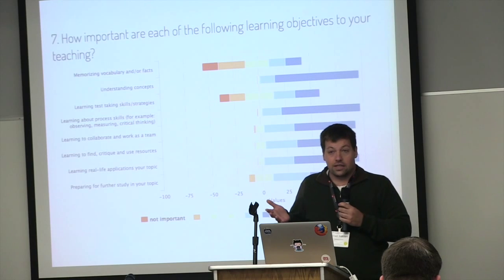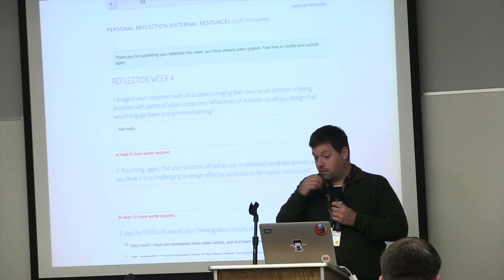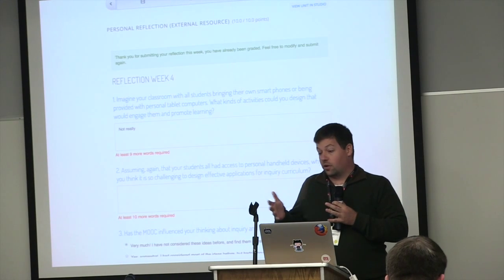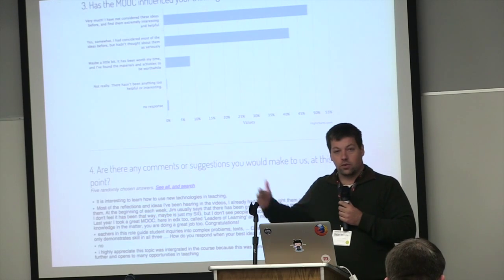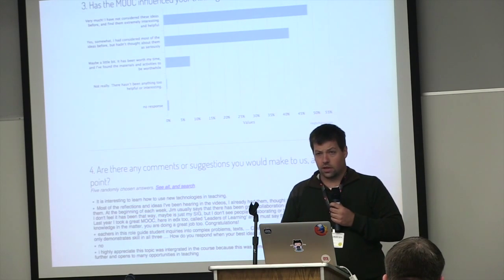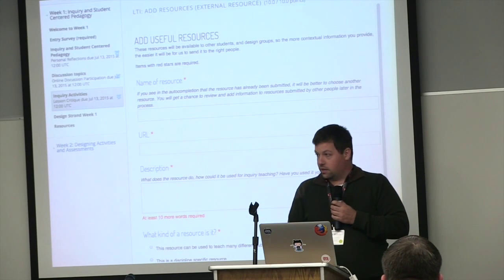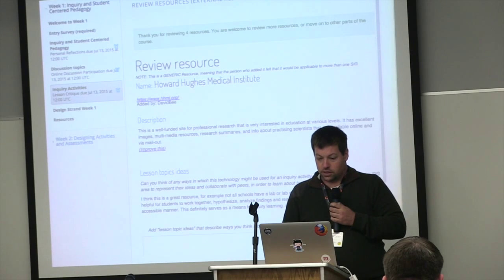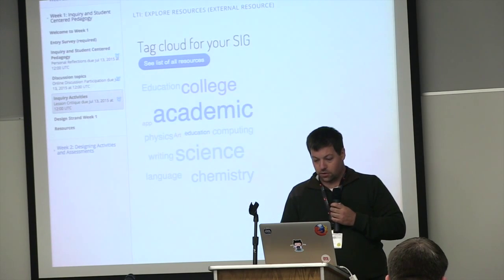And now we can automatically generate all the graphs, right? So we could quickly see what people are doing. And once we had this, we started using it for a lot of different forms, like reflections. We could have little questions in the reflections and quickly check how people were doing. That's a component that I would love to make standalone. We had these forms where we added resources, reviewed resources, all this stuff I showed you already.